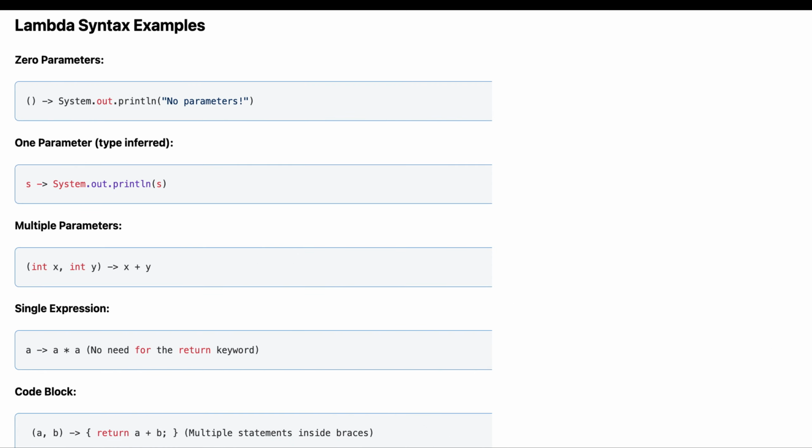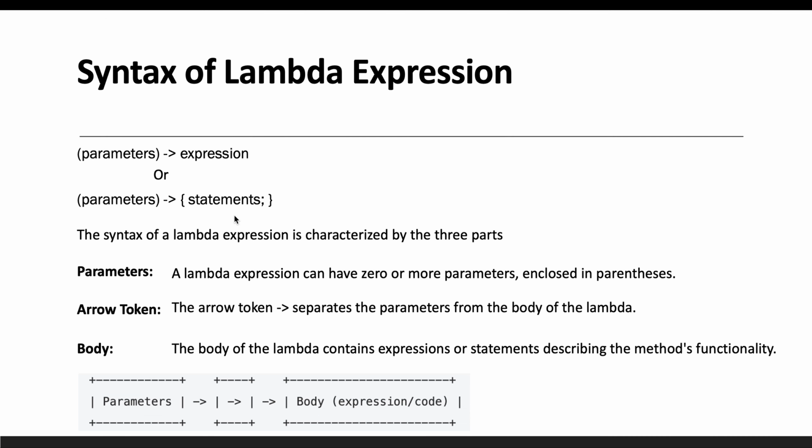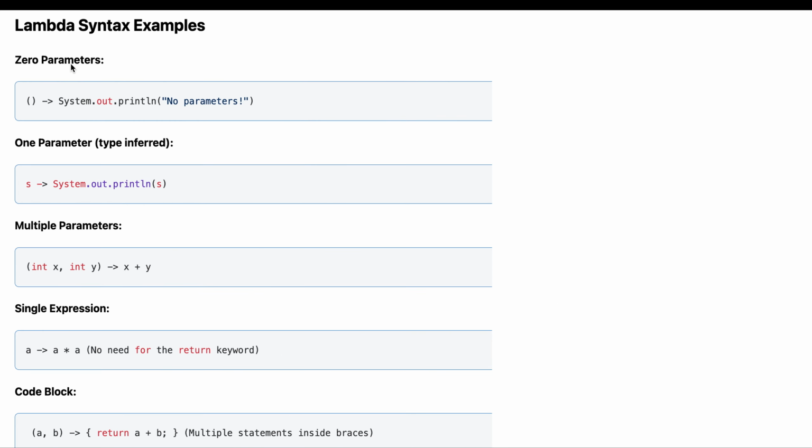Now let's see some different types of the lambda expression. Like we have seen the parenthesis right here. So here parenthesis, in the sense what we are saying, inside this parenthesis it should be the parameters. Inside that, the parameters can be of different types. So first one is zero parameter.